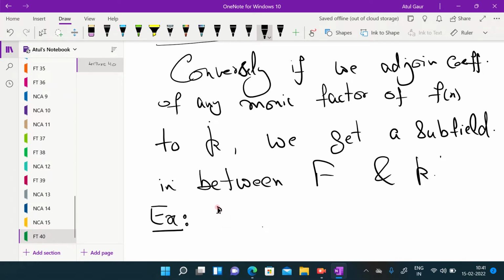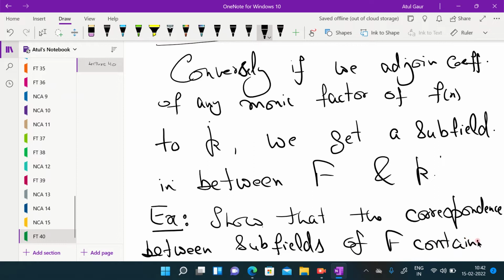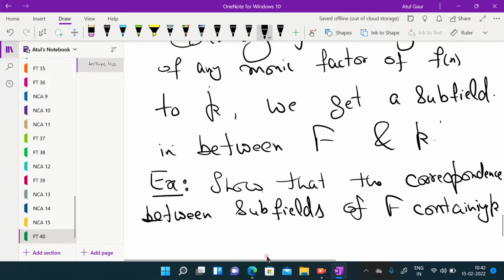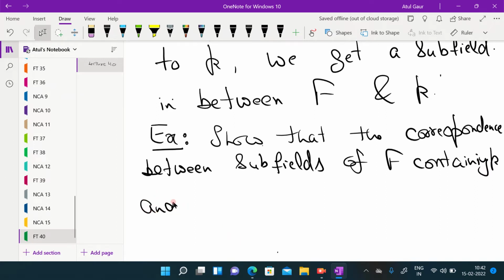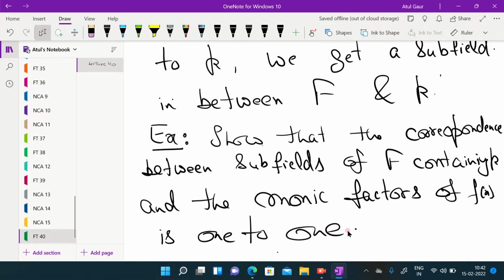So show that the correspondence between subfields of F containing K and the monic factors of f(x) is 1 to 1. ठीक है,